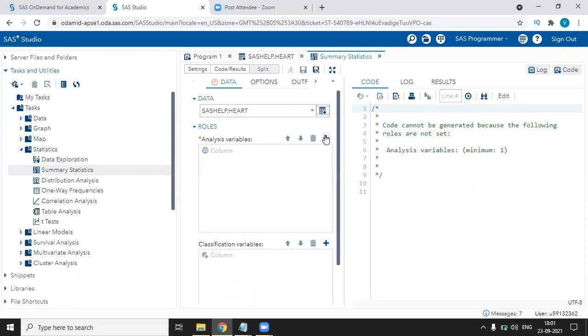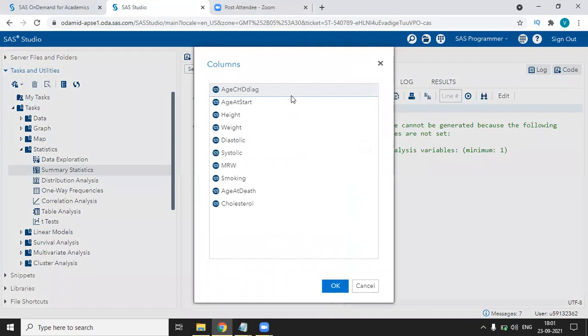Next step is to select the columns on which you want to summarize, like for which columns you want a summary. For that, you can see this plus symbol on the right. Click on this plus symbol. You'll get all the options to select the columns. Just the numeric columns are present in this section. You have to select whichever columns you want.